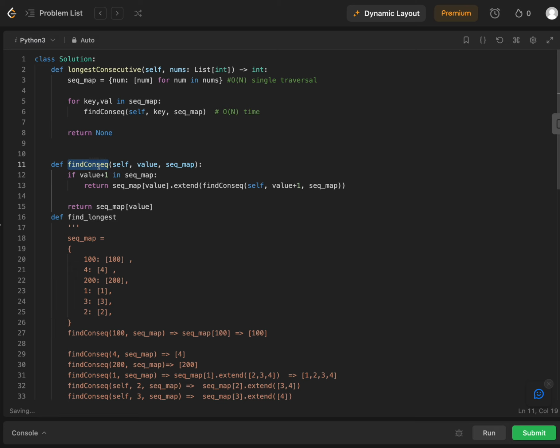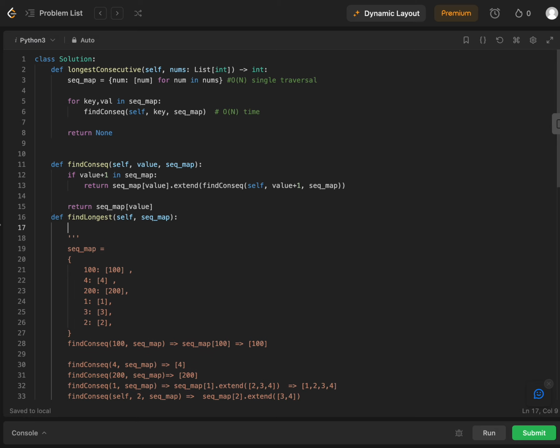Let's just do some... is this even longest consecutive? Why is this in camel case? Okay, never mind. Let's just loop through it one more time. With this entire array, we want to find a self sequence map, right? We want to do this, and then we have